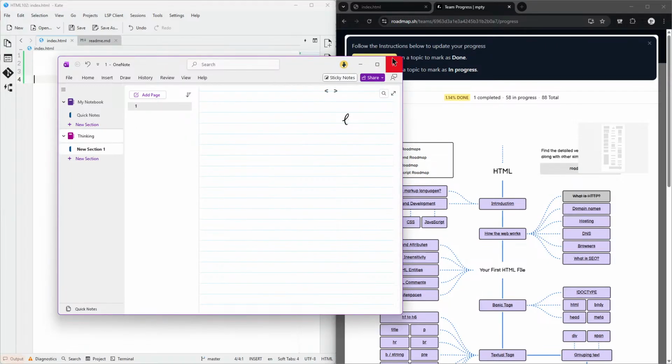The domain name is just like google.com, and typically this represents an IP address. Exactly. So when you try to reach this domain name